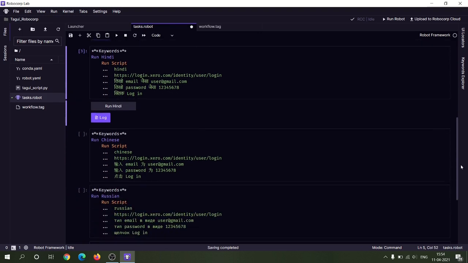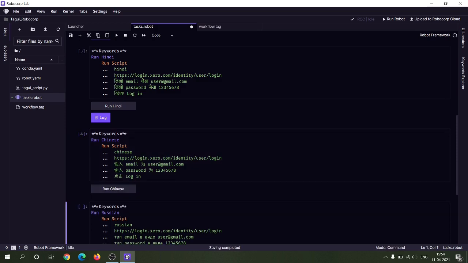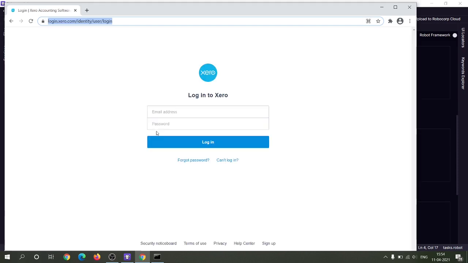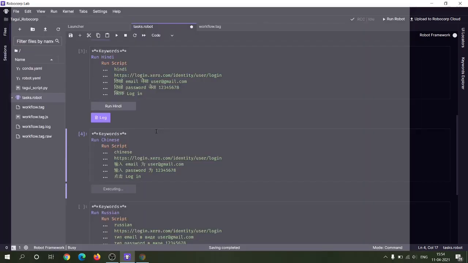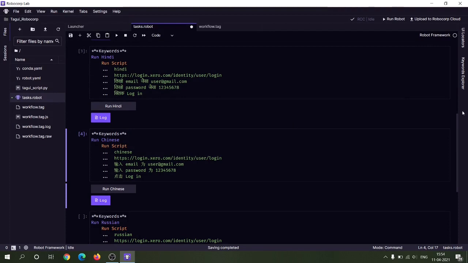So let's run the Chinese script. Let me execute it. It's the same script as we did for Hindi language. You can see it's working fine. Yeah, it's executing successfully.